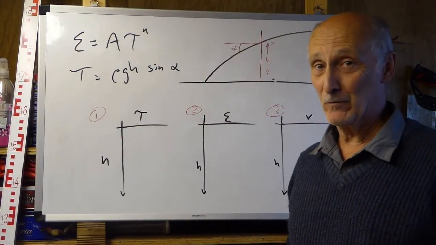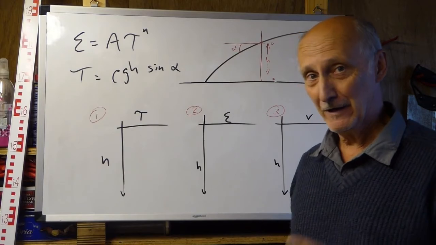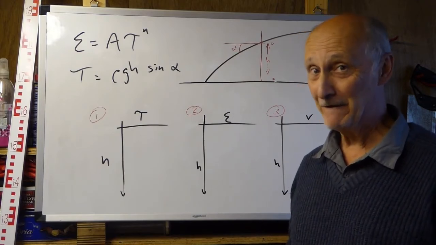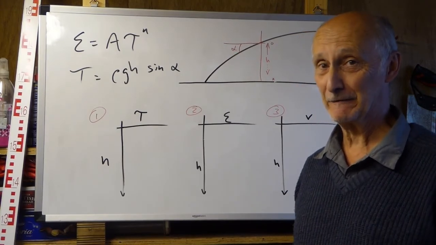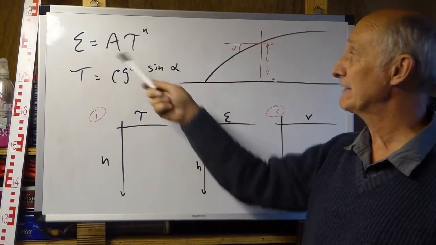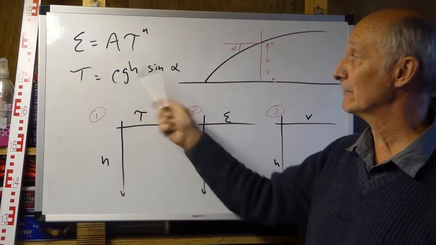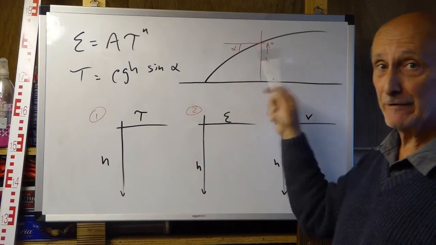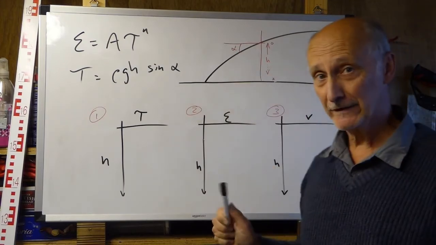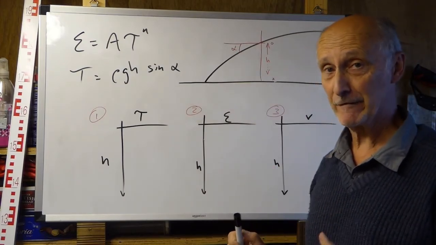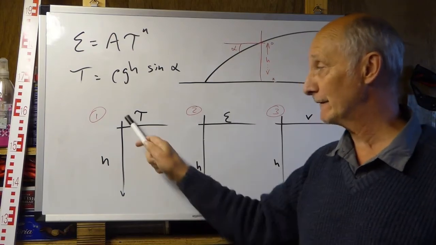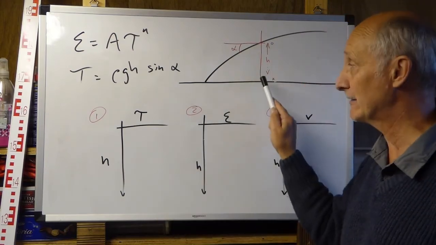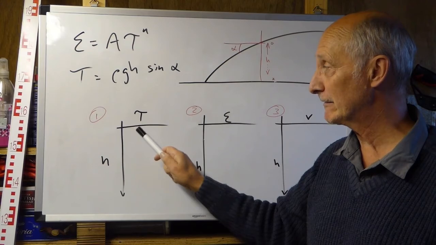Now, before we carry on with this topic in the next video, I want you to do your first bit of very basic ice sheet modelling for me. You've got your two equations, E equals A times tau to the n and tau equals rho GH sine alpha. You know the situation we're dealing with, so what I want is for you to come up with three graphs for me. Each one is a graph against depth through the glacier of the shear stress all the way from